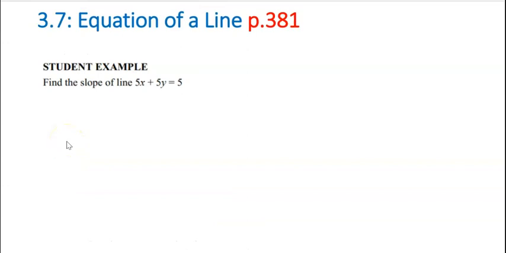So if they ask you to find the slope of a line and they give you an equation, you can simply move the equation around into our format, y is equal to mx plus b, and then you will be able to find your slope. So here we have 5x plus 5y is equal to 5, but it's not in the correct format, so we need to isolate y. We can take away the 5x term from both sides,